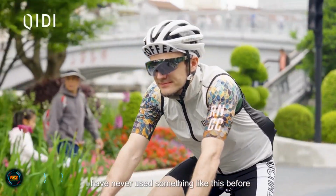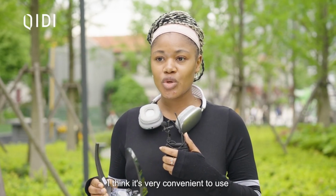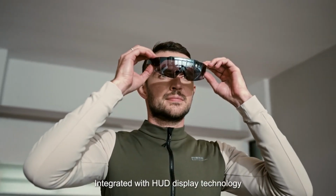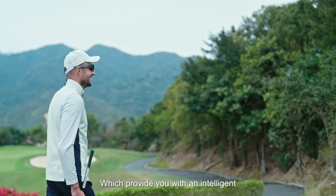The QIDI Vida is a high-performance 3D printer designed for precision and reliability, catering to professionals and hobbyists alike. Known for its sturdy build and advanced features, it offers excellent print quality with a wide range of materials, including PLA, ABS, and TPU. The printer boasts a user-friendly interface, Wi-Fi connectivity, and a quiet operation, enhancing convenience during